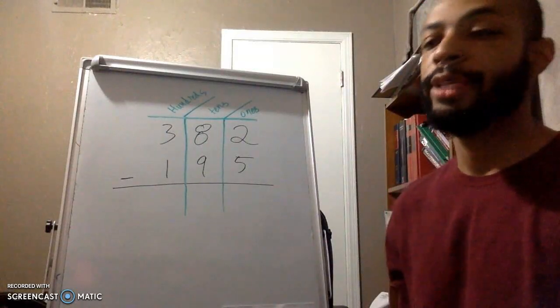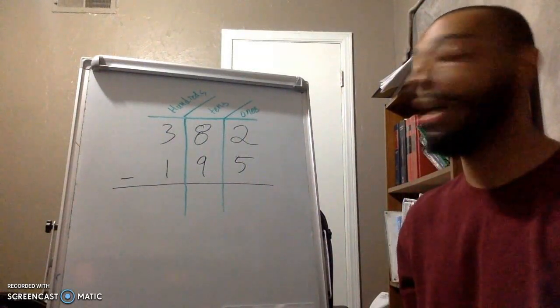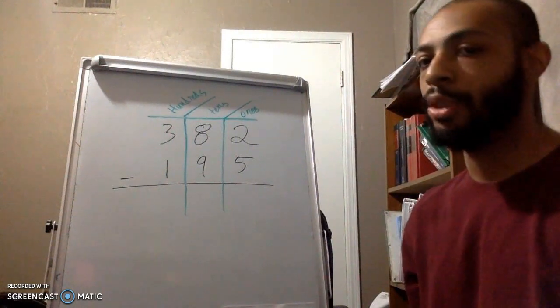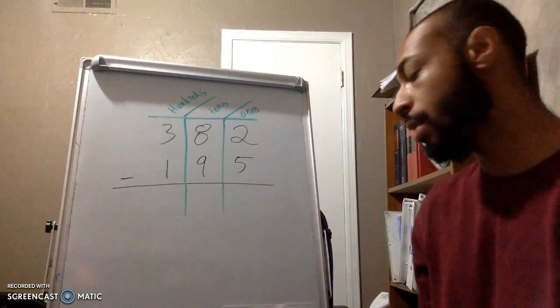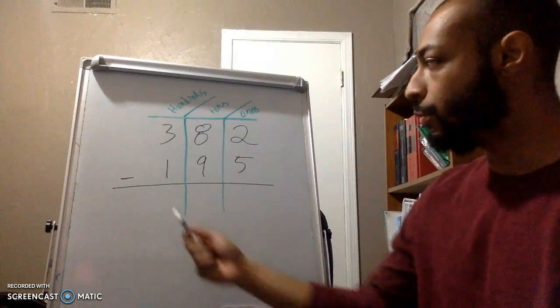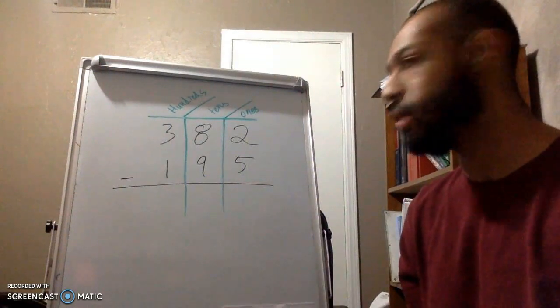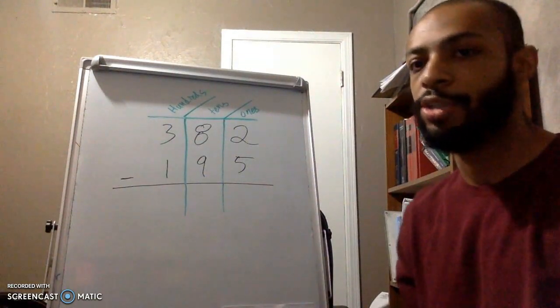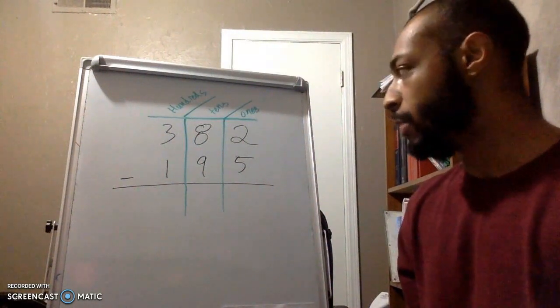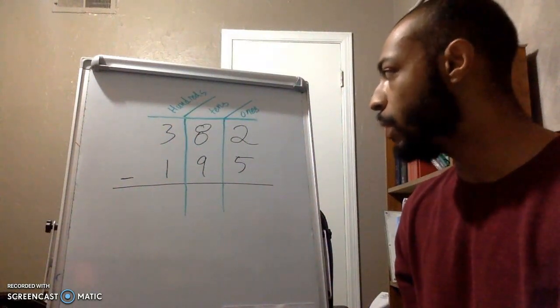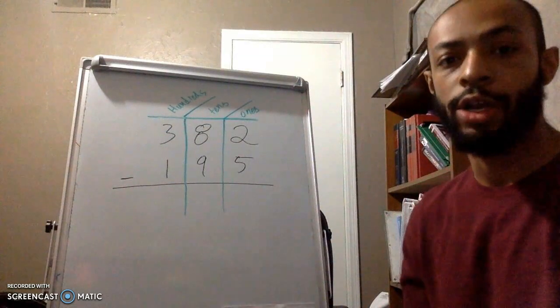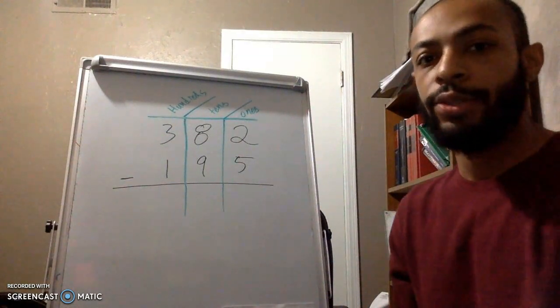Hello. So this is the second part of my project. I wanted to talk about subtraction. What we have here is a three-digit whole number minus another three-digit whole number. Our first number is 382, second number 195, and I've already drawn a graph to illustrate